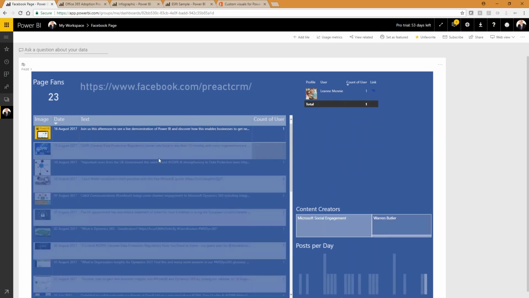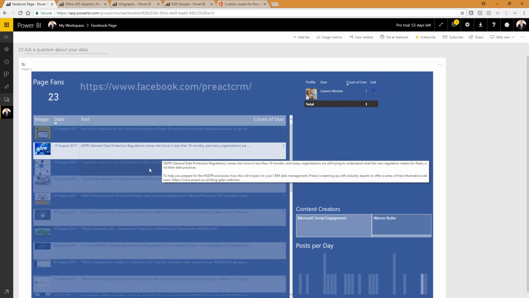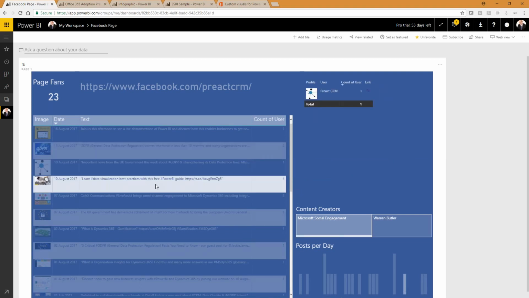page. I can see who liked that. Click on another instance here. I can see who liked all the various bits and pieces that we've got here. So this is connecting through the Facebook Graph API, pulling information in, and it's giving us analytics over our Facebook